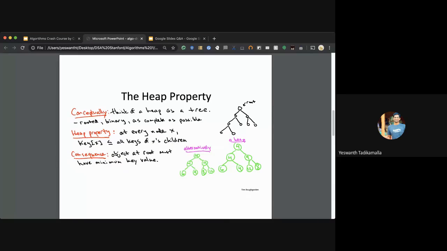The heap has a specific property called the heap property. Fundamentally, what this heap property says is every parent of the given tree node has an element smaller than its children.